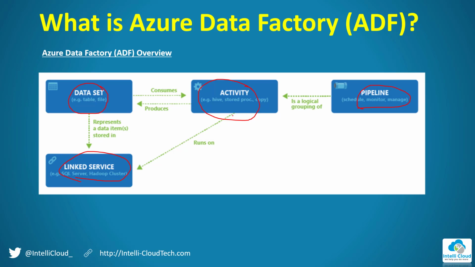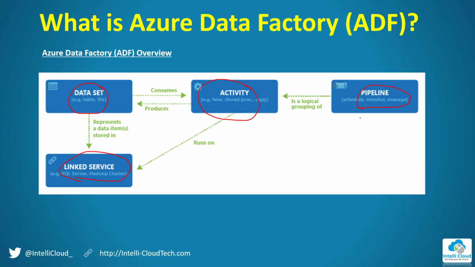What are activities? Activities are what action we have to perform. Suppose you have a source, based on some query we need to retrieve data, apply that filter, transform if you want any transformation, and load into the destination. This activity can be a stored procedure, a command, etc.